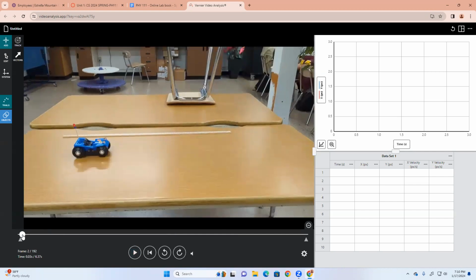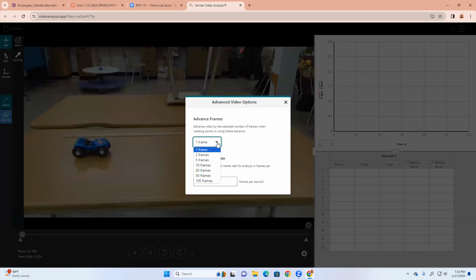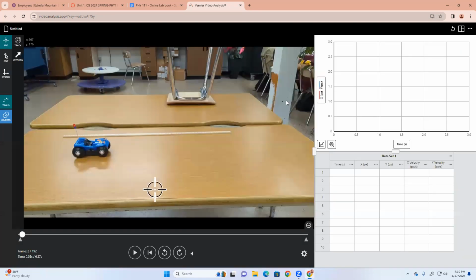So I'm going to bring it back to the beginning. And this video has 192 frames. It's a lot of frames to look at. So I'm going to change the number of frames to do it every 10 frames. That'll give me about 19 data points. What I'm going to do is show the computer where this car is